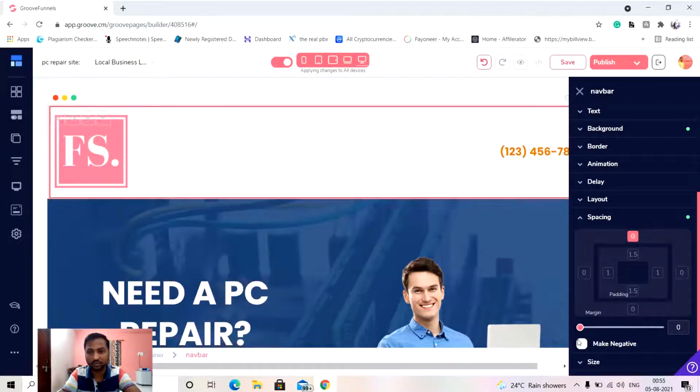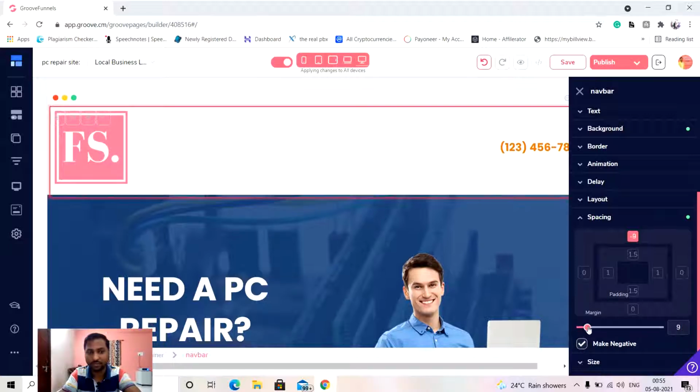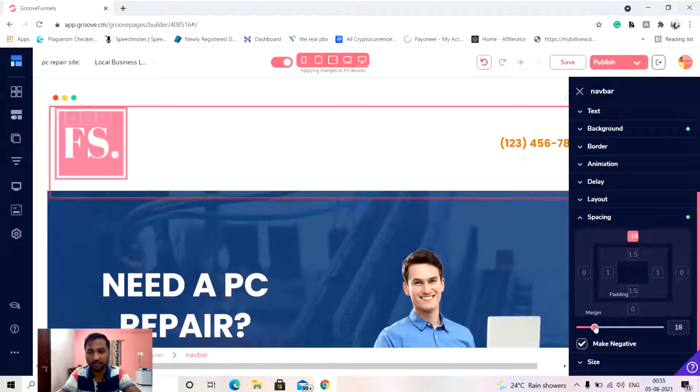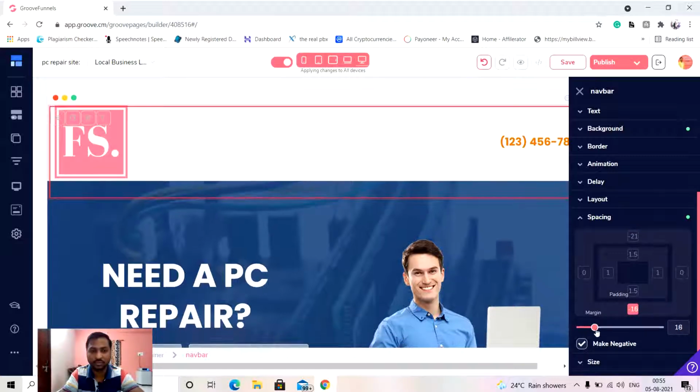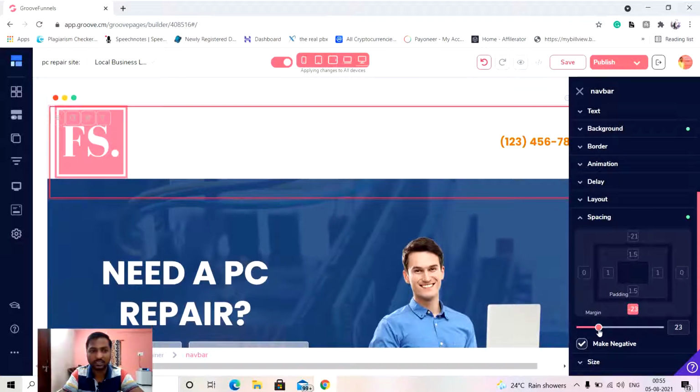Now we have to put some negative, and you see it is going above. Now you can see the logo from the above has merged with the boundary of that block. Let's do it a little bit more. Now the same thing from the bottom. So I'm going to uncheck that, and check the bottom one, and do that again. Now you can see the second block is coming above, and it is trying to merge with the logo. So now you can see that it has merged with the logo.